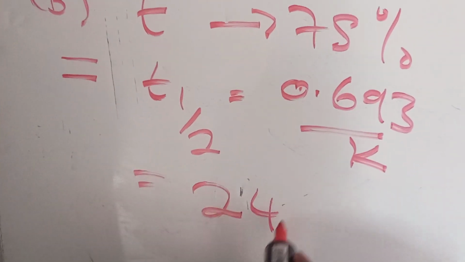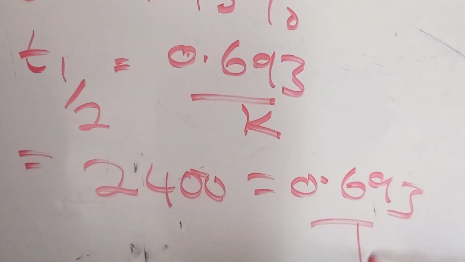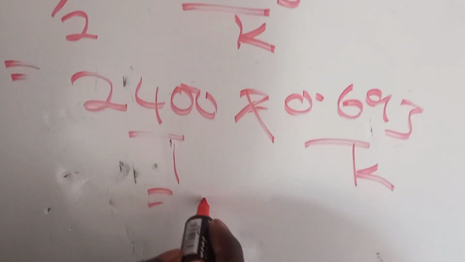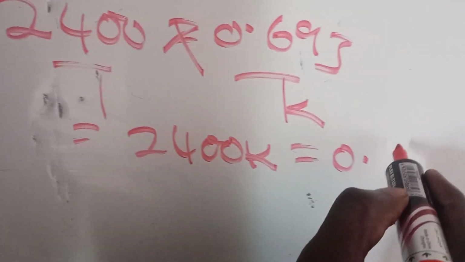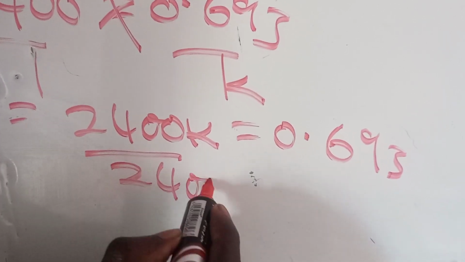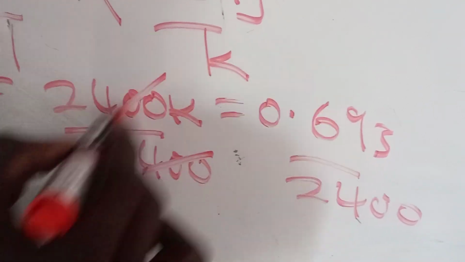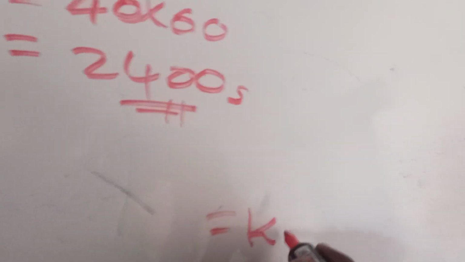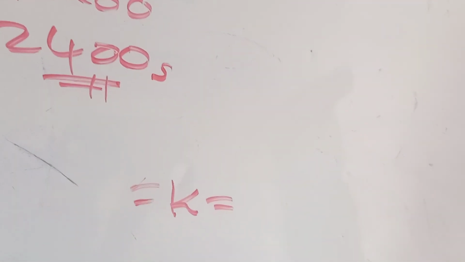What's your time there? It is 2,400 seconds, equal to 0.693 over K. Do some multiplication there, K times that is 24. So K is equal to 0.693 over 24 over 24. Divided by K, you cancel them. What I'm going to have in this case is K equal to, get your calculator as usual, you might make a mistake punching twice,